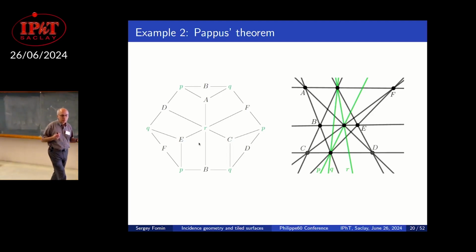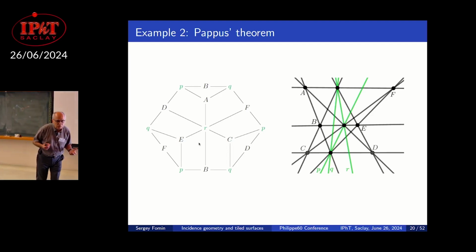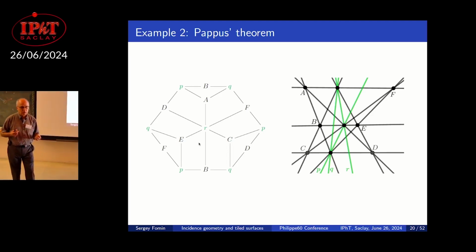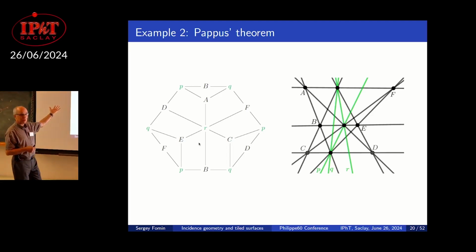How do you know it's a non-empty theorem, in the sense that there really exists a configuration? I'm not saying I know it. So the way I'm approaching it, we know Pappus theorem, right? I sort of want to teach it to my class, and I just pull a rabbit out of the hat and I say, here is the quadrangulation. Don't ask me how I came up with it. And this is the proof of the theorem.